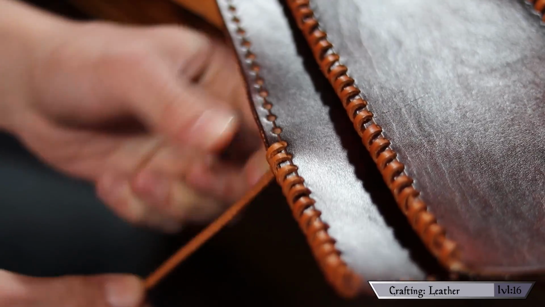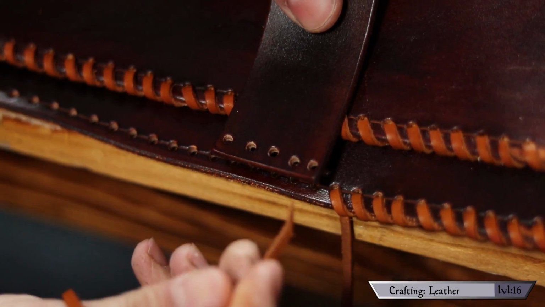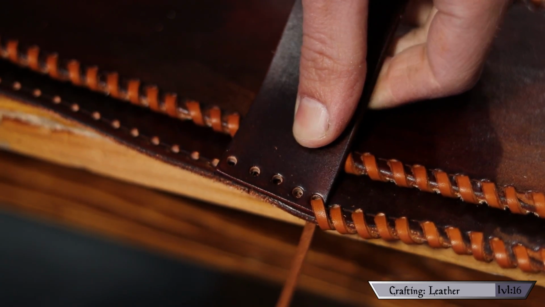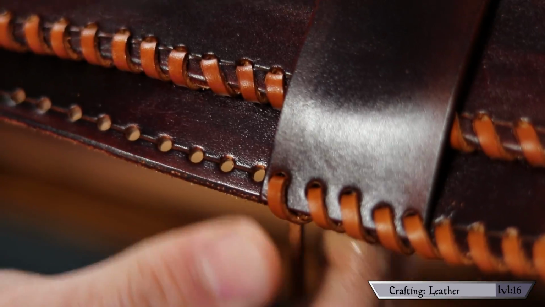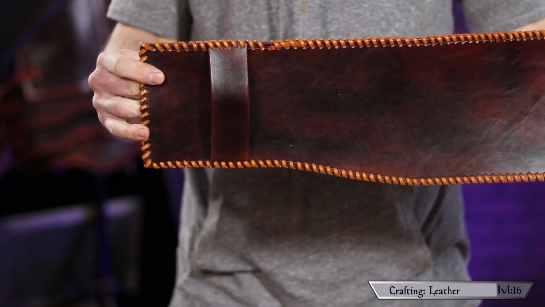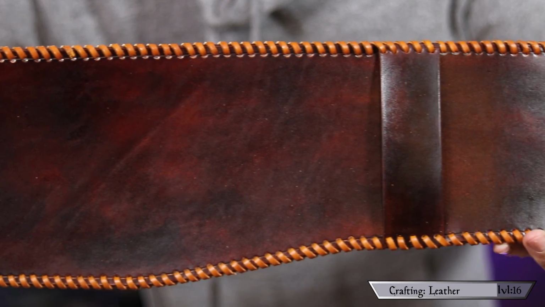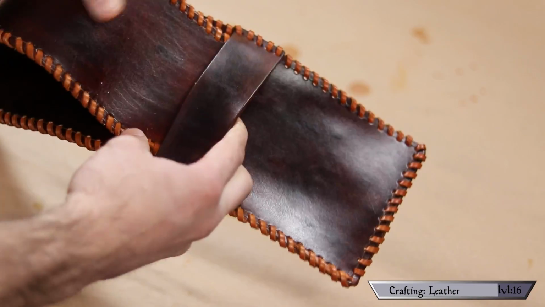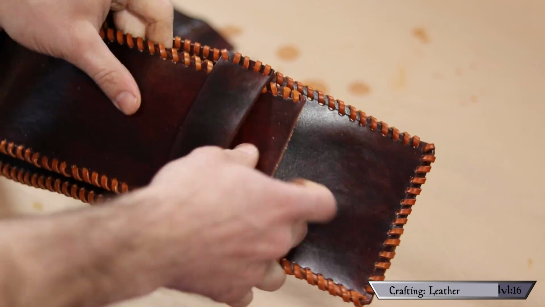When I reached an area that I wanted one of the keepers to sit, I just lined up the holes and passed the cord through both layers. Then I just continued as usual with the same pattern, just adding more keepers as I go. The end result is this beautiful border and these seamlessly incorporated straps. Now all I have to do is pass the smaller tooled piece of leather through those keepers to combine the